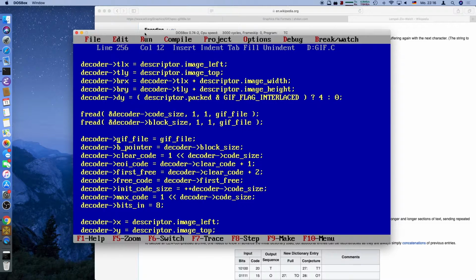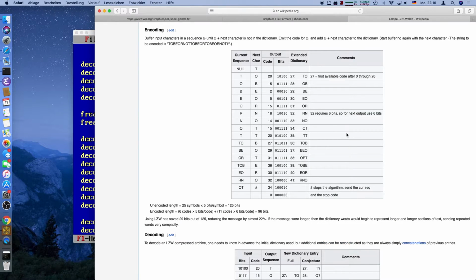Then we need to store a bunch of other state. First of all, the GIF file itself, because other functions also need to access it. Then we need to store a pointer into the buffer, which stores the block, the current read block. Then we need to store the clear code. When we encounter the clear code in the compressed stream, it means reset the decoder to its default values. It will most often be the first code that we encounter so that the decoder initializes itself correctly. And the clear code is always the highest code of the initial code size. So usually 256, or for example,